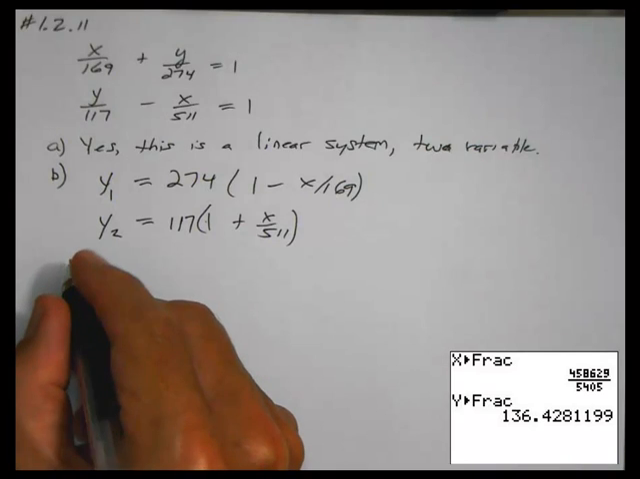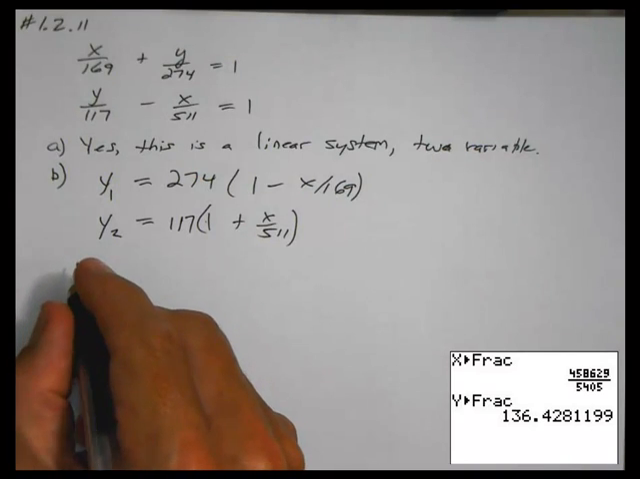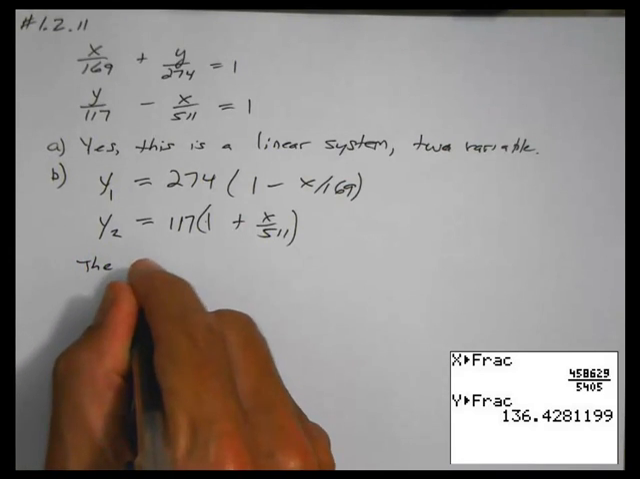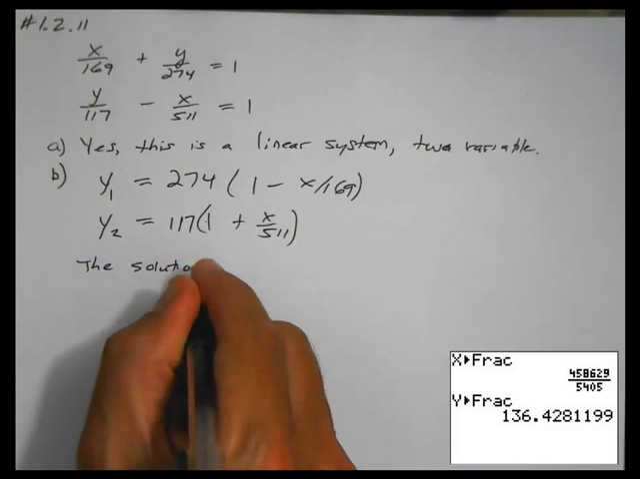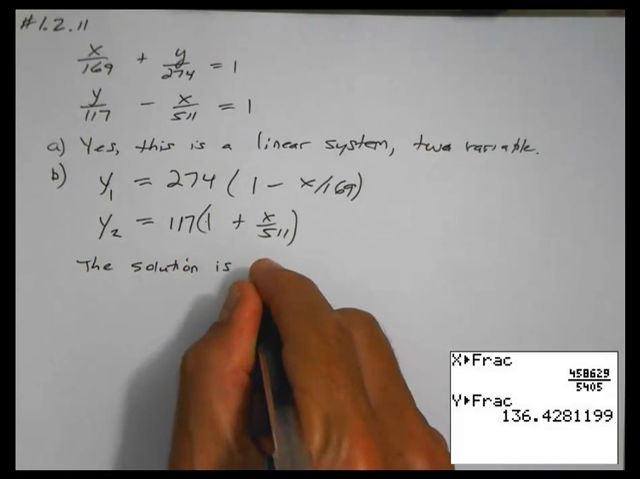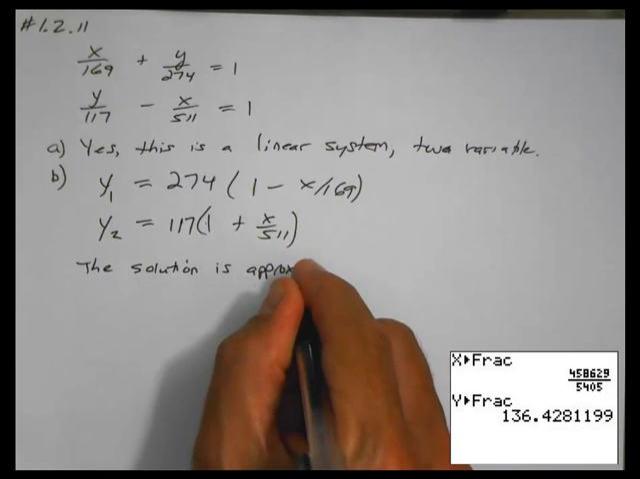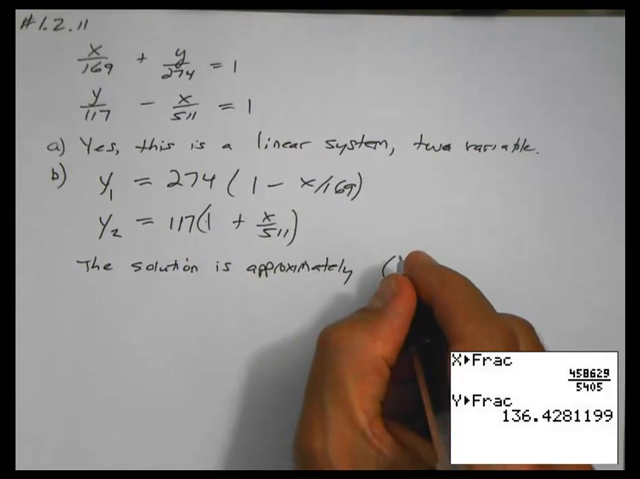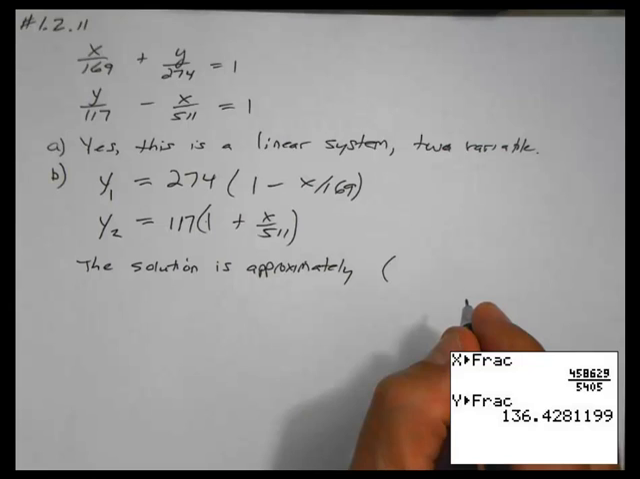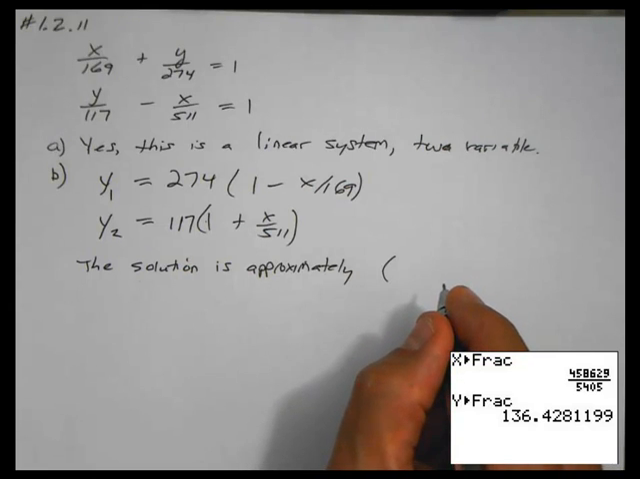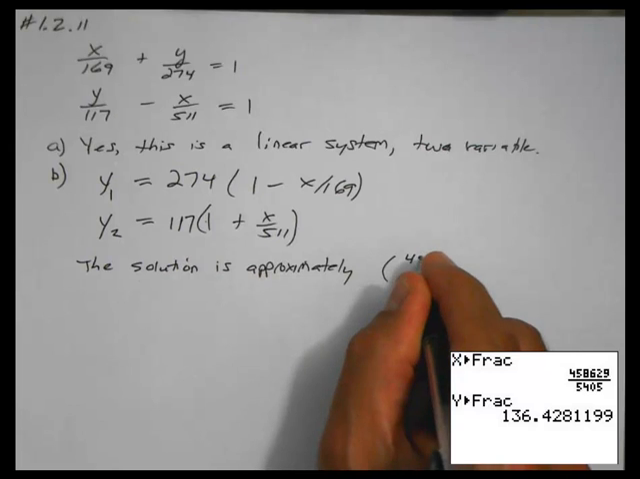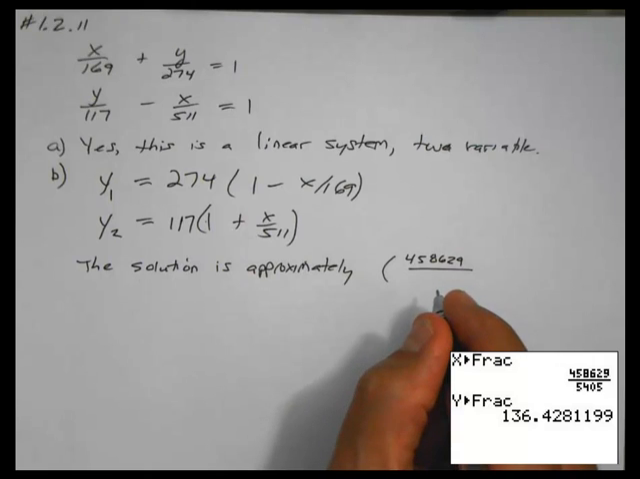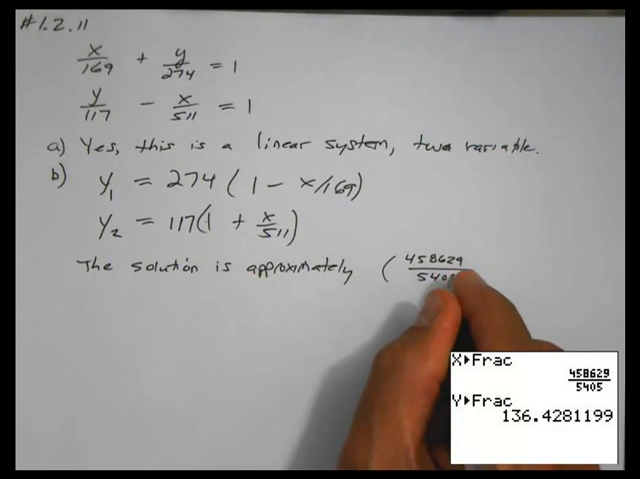So here's what we can say. Since we actually have only an approximate y coordinate, we'll have to say that the solution is approximately... now the x-coordinate we do have exact: 458,629 over 5405,